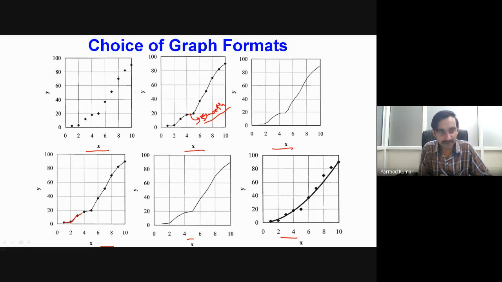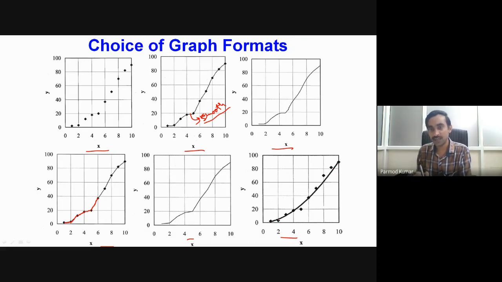So here you can see we have nothing but linear variation between the two data points. Then the fifth type of graph we have taken, where we have only represented the linear fit between the two data points and individual data values are not included. Then the last type of graph, here we have actually fitted this curve with the help